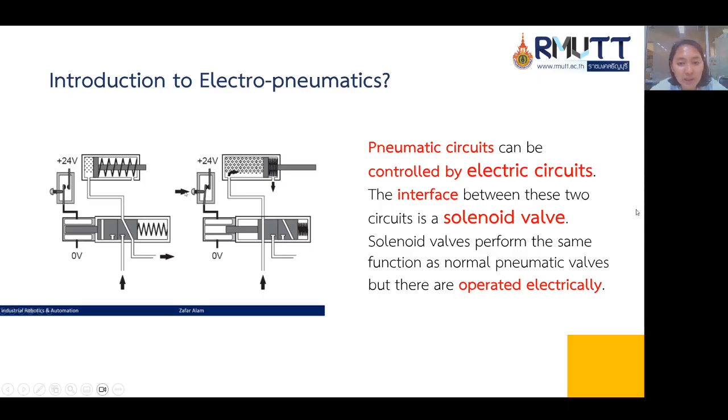What is electropneumatic? Pneumatic circuits can be controlled by electric circuits. The interface between these two circuits is a solenoid valve. Solenoid valves perform the same function as normal pneumatic valves, but they are operated electrically.